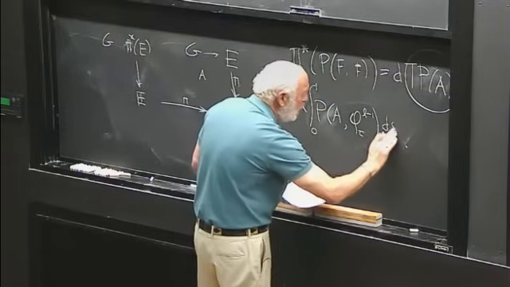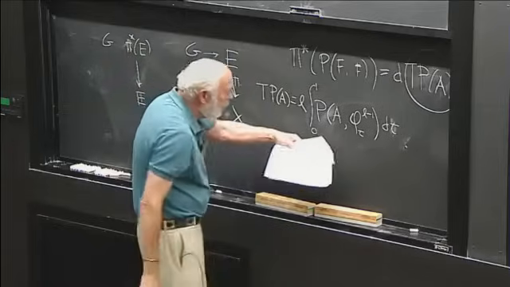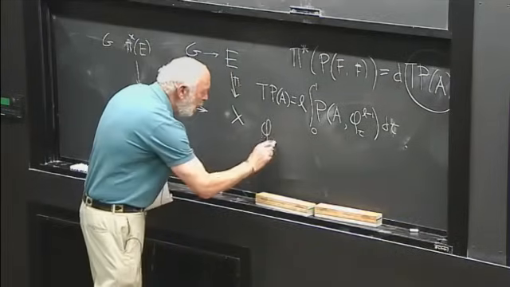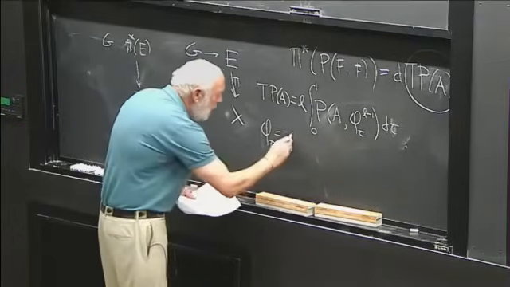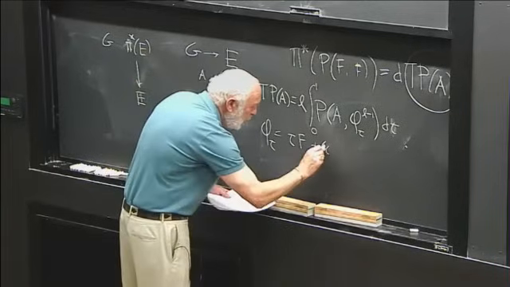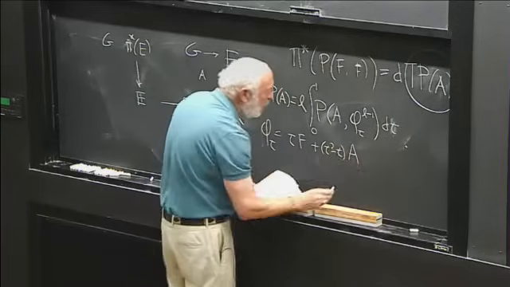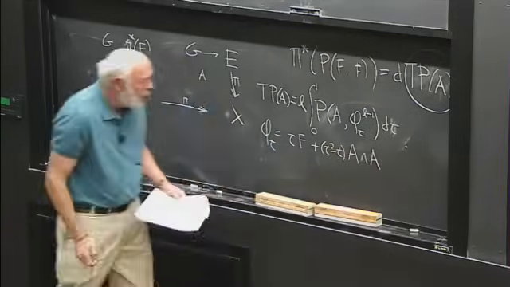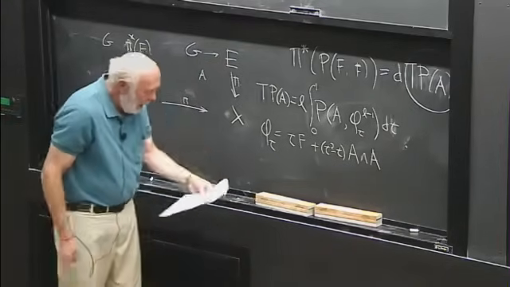So I have this one-parameter family of differential forms, and I'm integrating it to get a new one. And phi sub t, what is phi sub t? It's t times the curvature plus t squared minus t times A wedge A, whatever exactly that means. So you do that, and now we'll look at one example where L